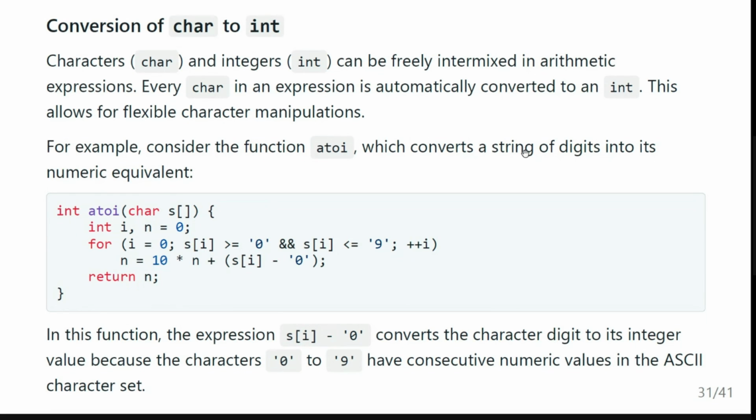we want to convert a string of digits into its numerical equivalents, right? So the number in the single quotation, that's called a character, and we want to convert it into the real integer instead. So in that case, we will do a conversion using this sign here. So I have